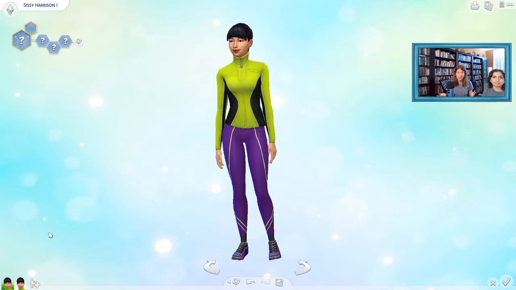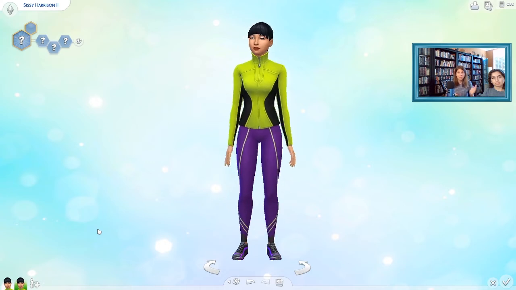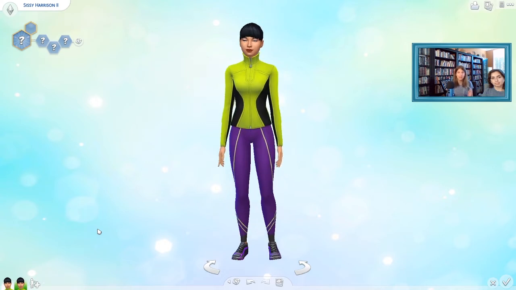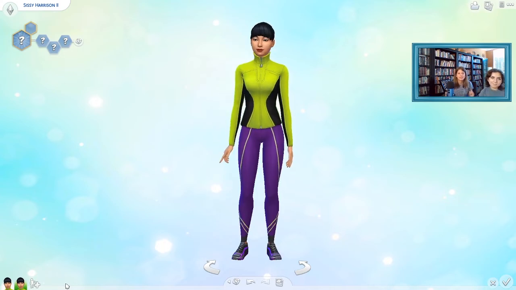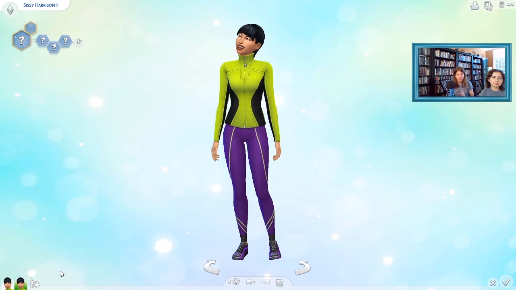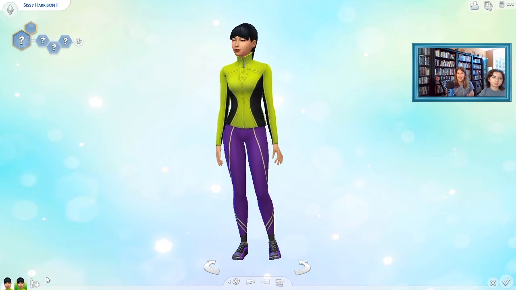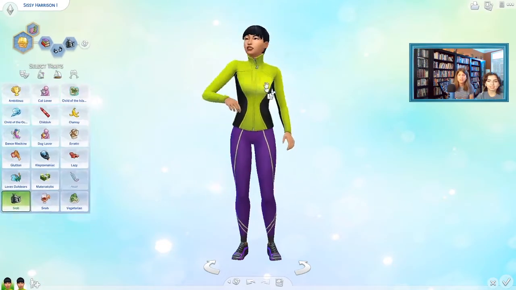So here we are in the game. This is Sissy Harrison 1 and Sissy Harrison 2. And we are both going to make separate Sims, but out of the same description and starting from the exact same character. So we will see if they look different or anything after we both put our own styles into the characters. This website is actually pretty cool, and it was kind of fun to make a character based on it